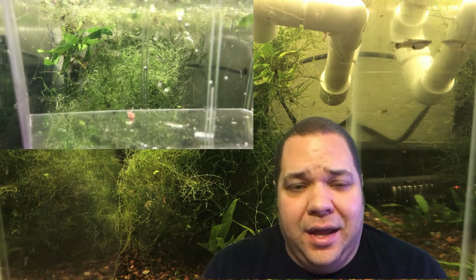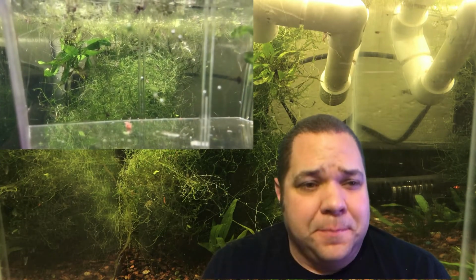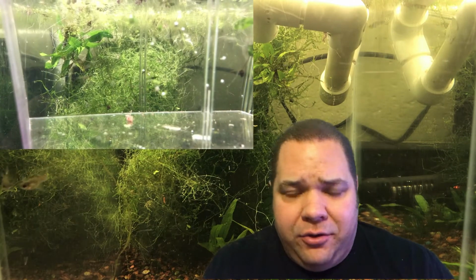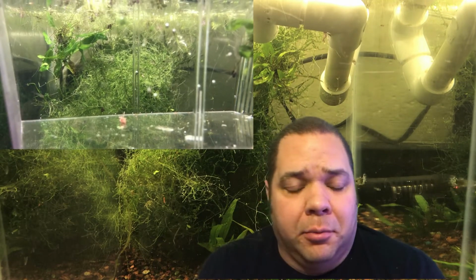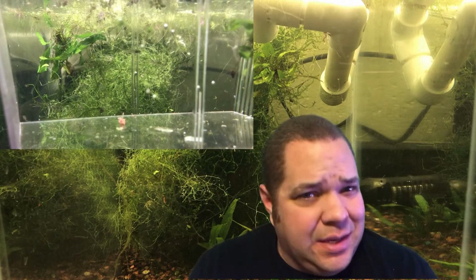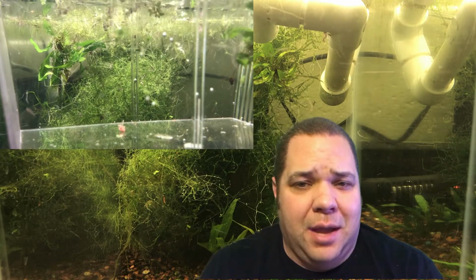I am going to apply my how-to-grow-guppy-fry-quickly techniques of having a higher temperature, as high as the 76 to 78 degree range. Higher, I mean higher than room temperature, obviously, which would increase their metabolism, making them want to eat more. Small meals, small feedings multiple times per day, and increased feedings mean increased poop, which means increased water